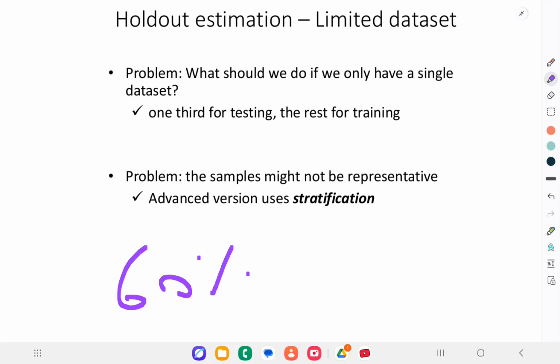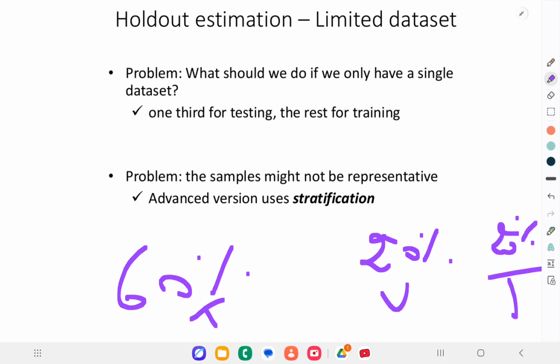and 20% for validation, right? And the other 20% is for testing. So we give the model enough data to learn from, so we have 60 to even 80% sometimes, okay? And we do have enough data to tune it, okay? And we also are holding out enough data to get a trustworthy final exam or final evaluation.